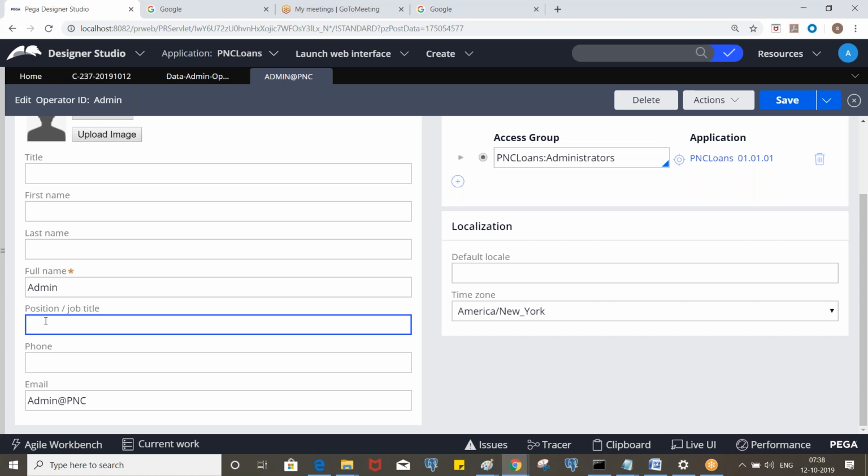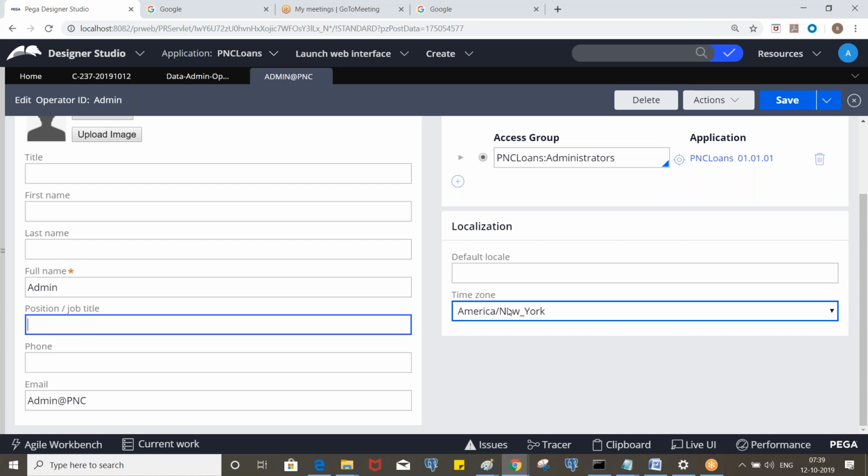If there are 30 or 40 operators, we cannot open each operator and update it, right? It can be different also, but let's say you want to update some common data. So what we need to do is fetch all the operators, then update them. If you want to update an existing record, you must bring it to the clipboard. You cannot update directly by using Obj.